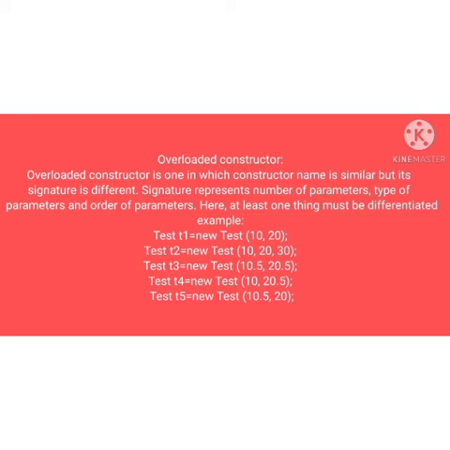Here we have taken the same name but different parameters. This is nothing but overloading. Here one difference may be enough. Java supports constructor overloading directly by creating two or more objects for a single class. In constructor overloading, one thing may be different, meaning the number of parameters, type of parameters, or order of parameters. Overloading means the constructor name is similar but its signature is different.